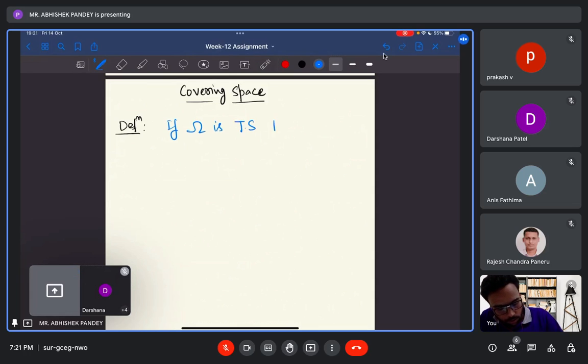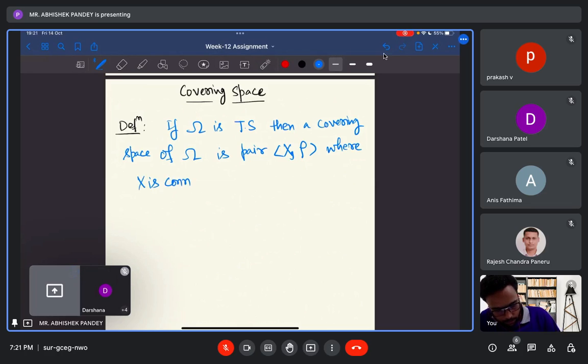Then a covering space of omega is basically a pair (X, rho) where X is a connected topological space, and rho from X to omega is a function which is continuous and onto, such that